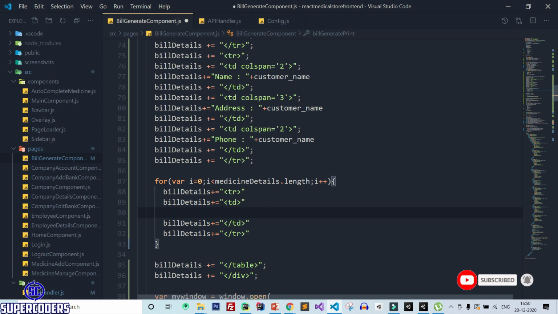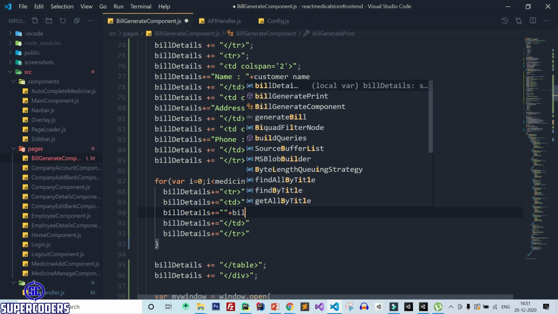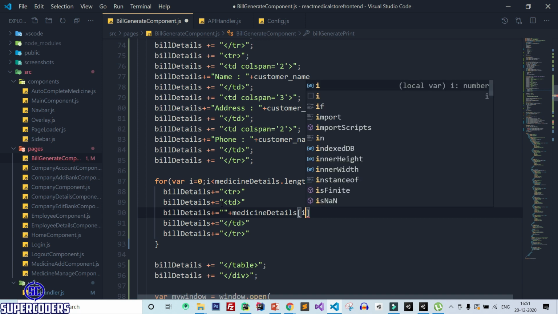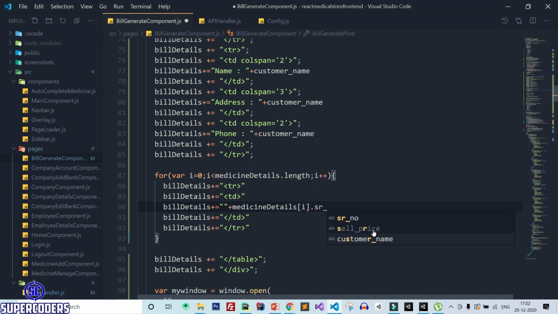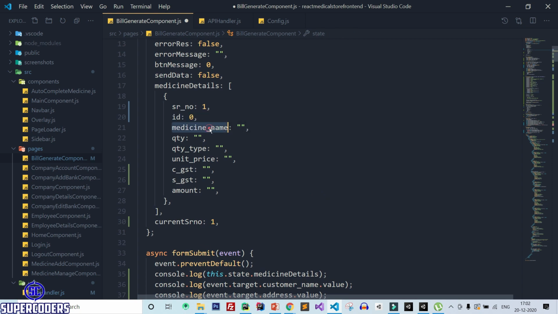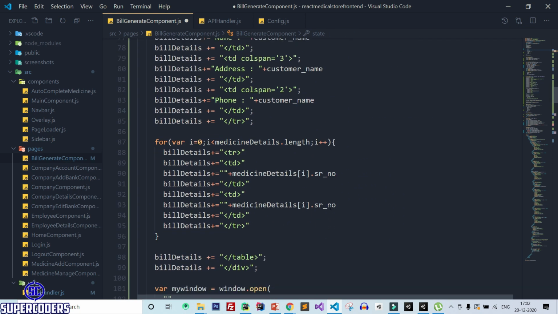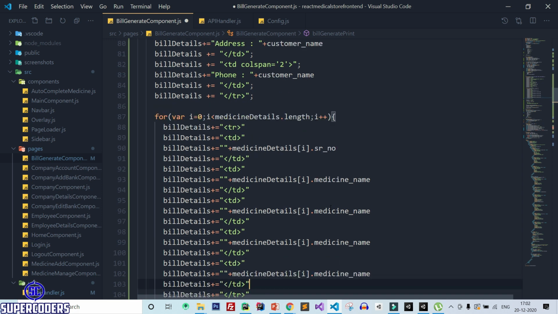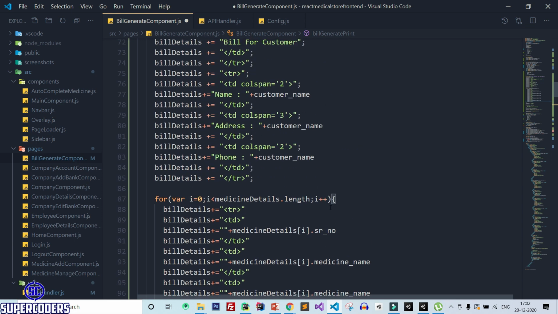After that first is serial number, so again copy it, then after that plus and bill details, medicine details dot sr underscore number. After that let's copy the next field which is, let's see, medicine name. So copy this field name also and paste it here. Again copy it, paste it again.